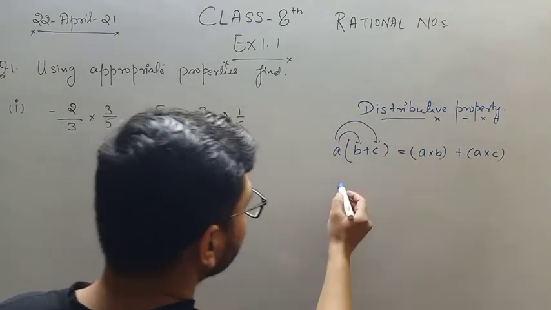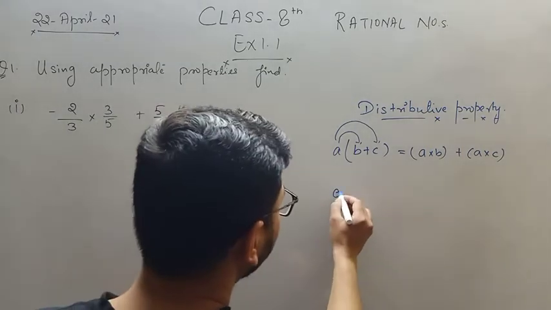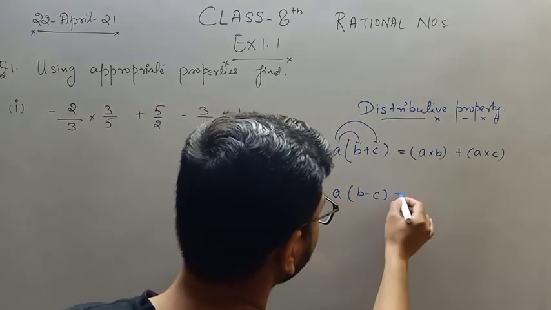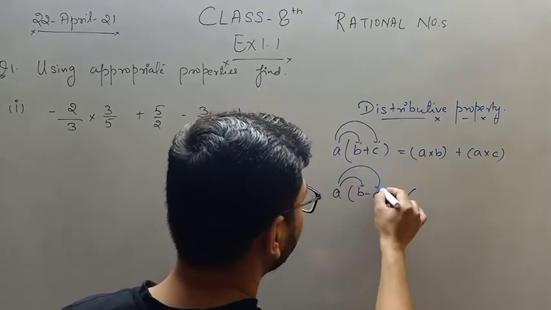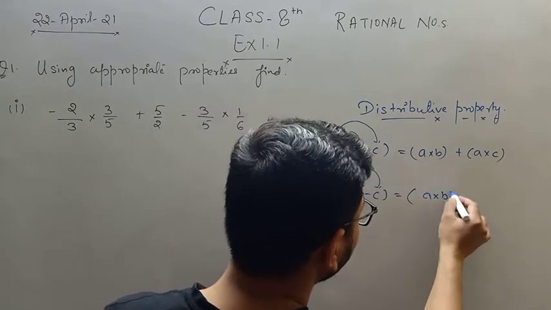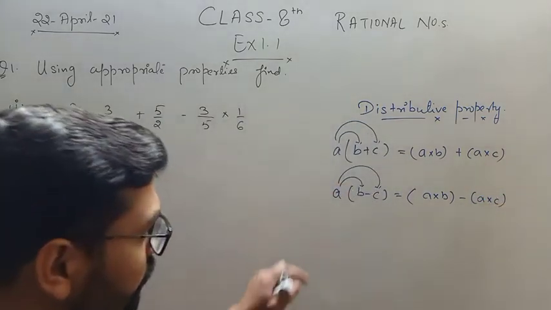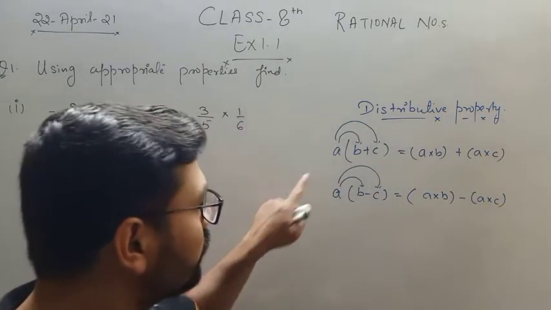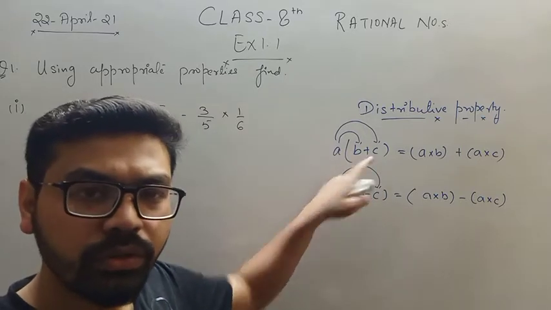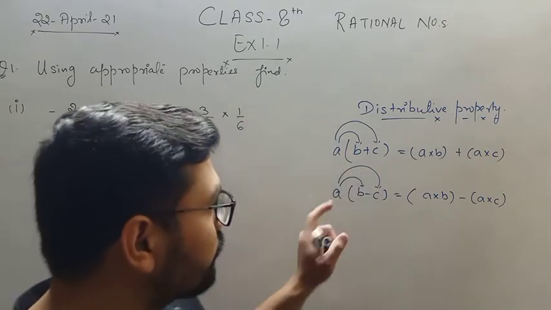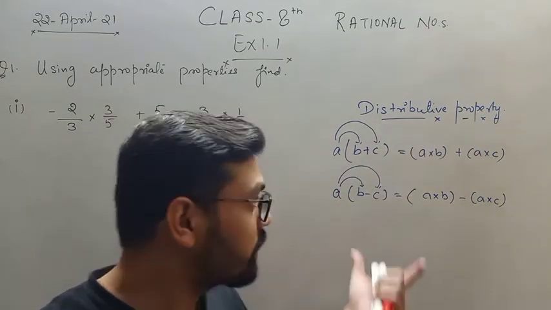Okay. Similarly, for negative values, a into b minus c is equal to a into b minus a into c. I think this thing you have learned in class 6th, where you learned multiplication of a monomial with a binomial. So this is not a new thing, but the thing is distributive property. Now you are learning this thing